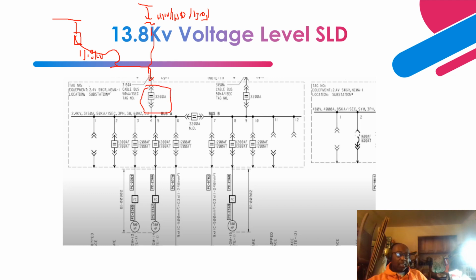Okay, so this is a 3200 amps breaker. That is for this switchgear. So this switchgear is a 2.4 kV level switchgear, and that is also a medium voltage switchgear. The continuous ampere is 1500, and the short circuit capability is 50 kA, and it's 3-phase and 60 hertz. So these are the parameters